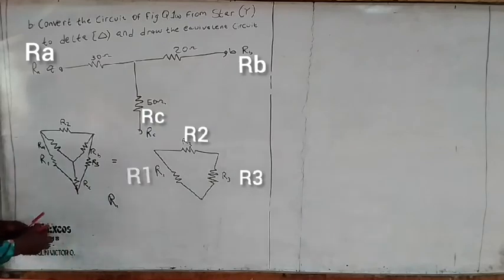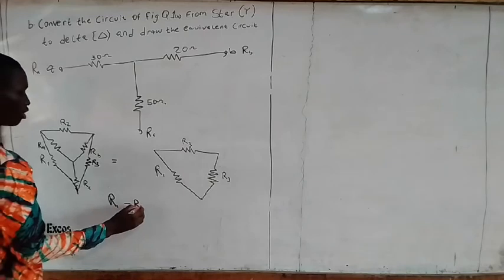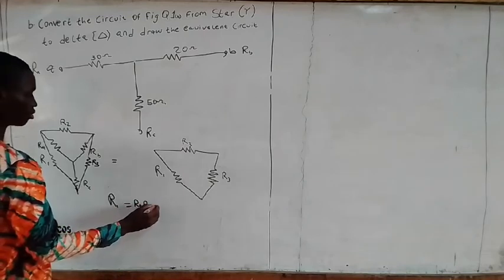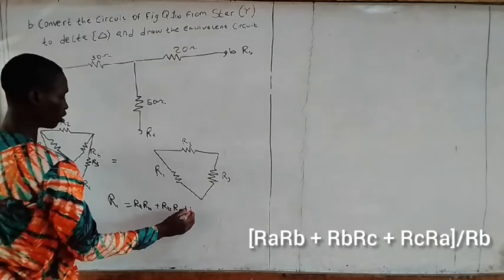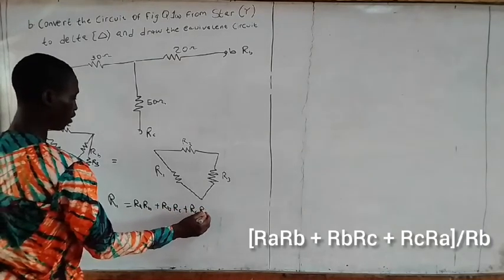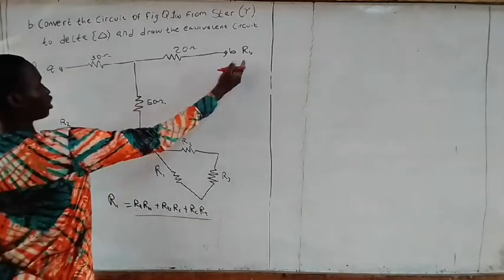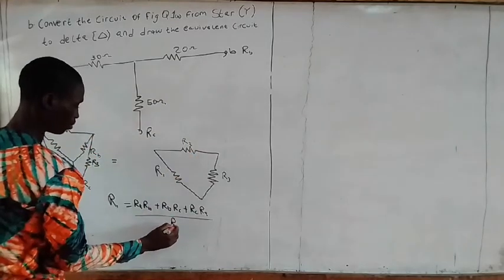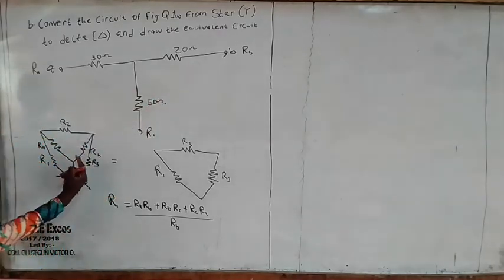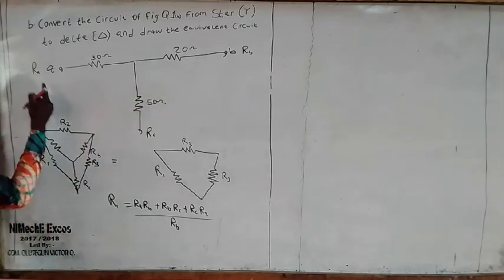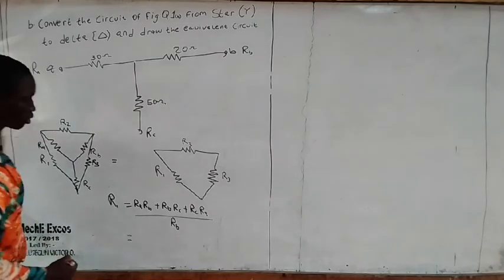RB. So I'll put my R1 to be equal to RARB plus RBRC plus RCRA, all divided by what? This R1, opposite to it is what? RB. And this R3, opposite to it is what? RA. And this R2, opposite to it is what? RC. Okay? So from there,